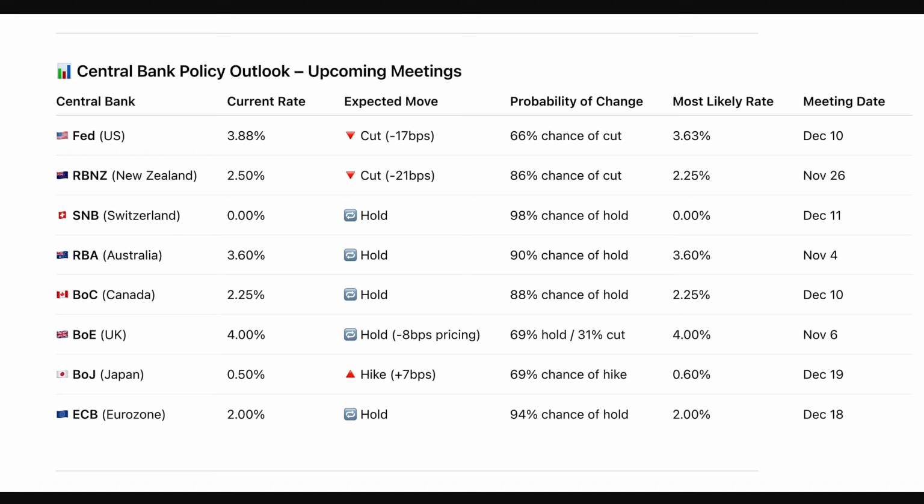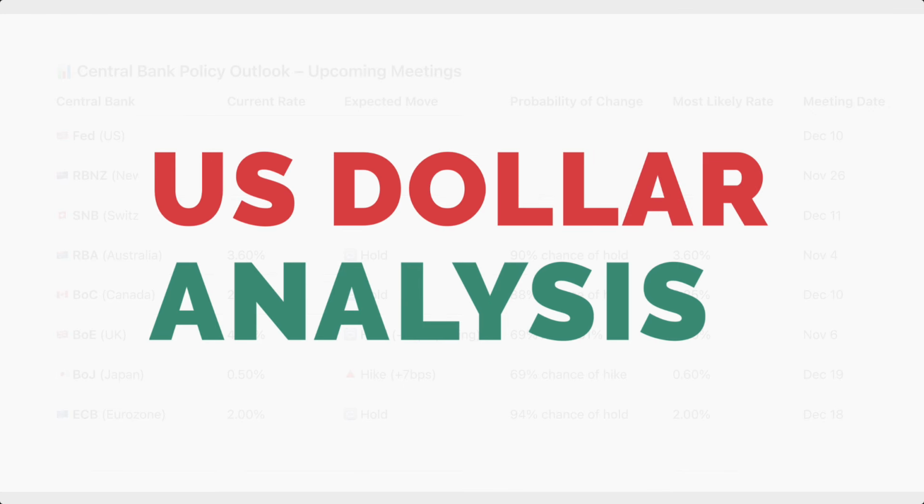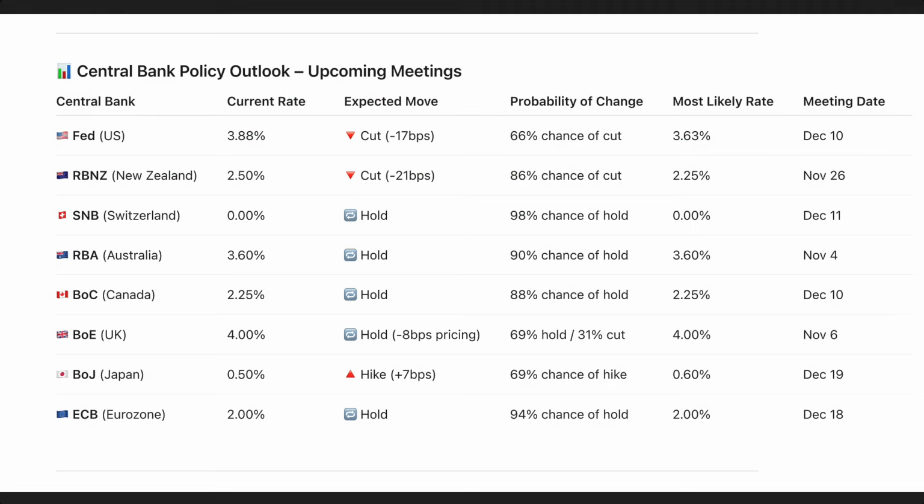So that's the baseline. Now, it's not necessarily as simple as that. There are lots of nuances that go into this, but that's really the idea. So what we're going to focus on, as we do every week, is the main currencies. So, for example, the US dollar and the Fed. We're focused on the Bank of England, the Bank of Japan, and the ECB. So that covers the pound, the yen, and the euro.